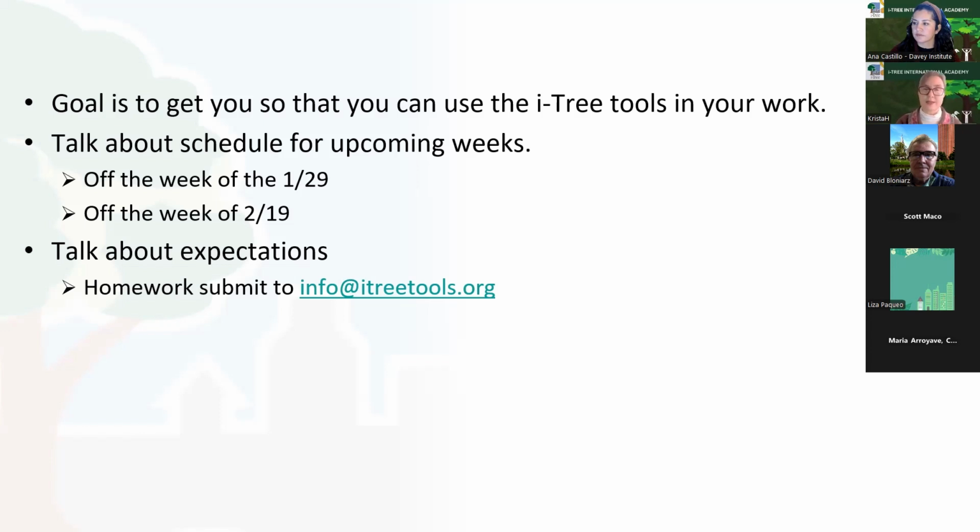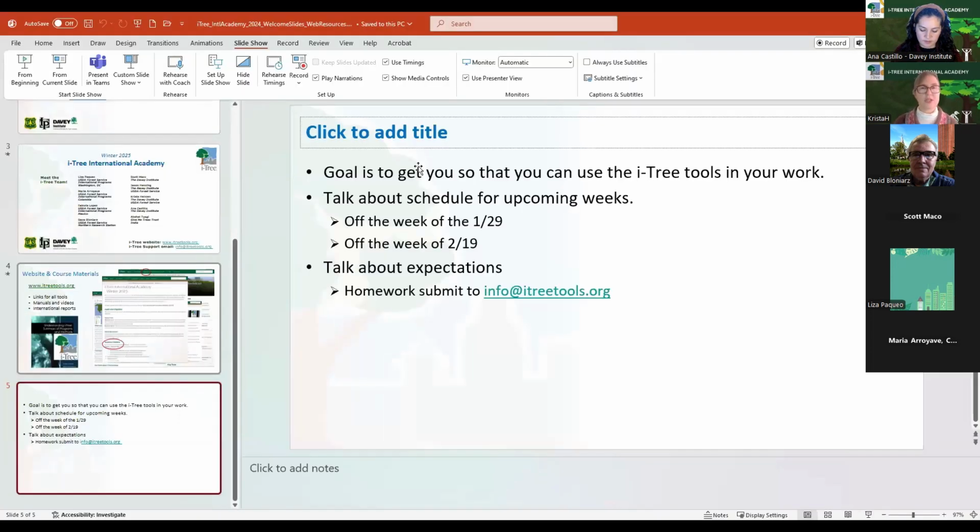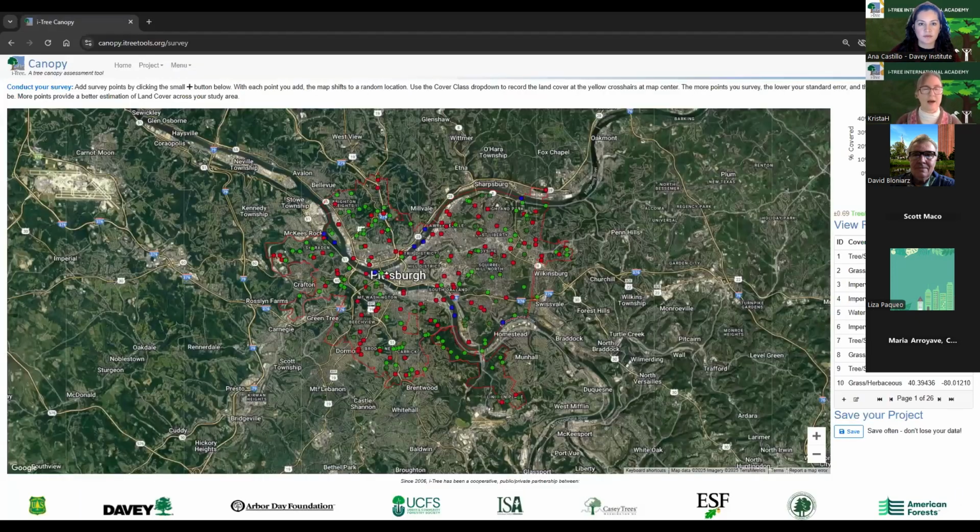We're going to spend a lot of time in today's session talking about iTree Eco, and part of the actual work of utilizing Eco is getting it set up on your computer. So homework won't necessarily be something quite as task-oriented like we saw last week with Canopy, but just so you know, there will be information that we're going to share with you for setting that up. We're calling it homework, even though it's not really homework,